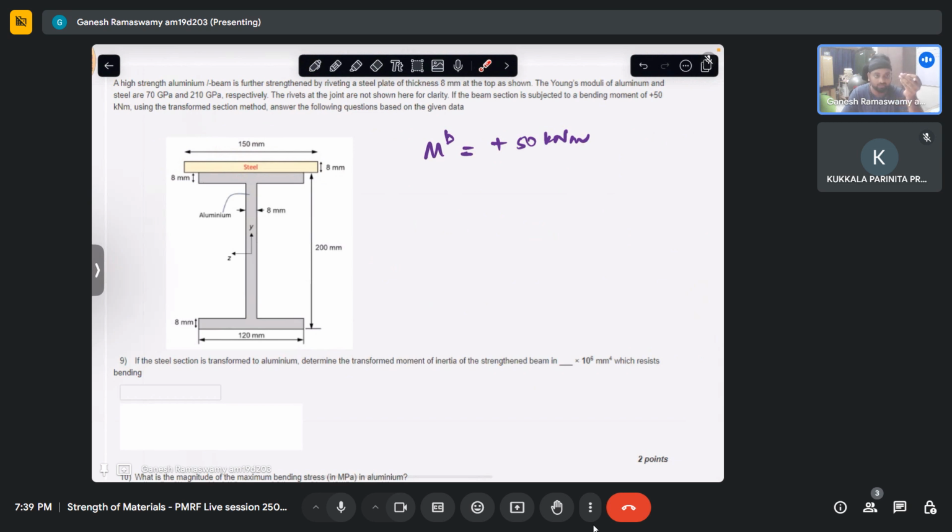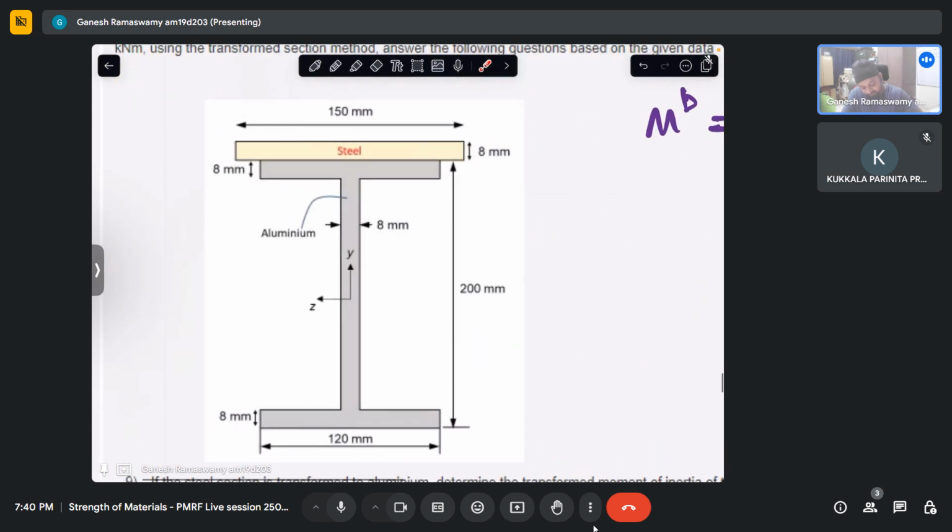It's a matter of interpretation. We scale this by ES by EA in order to convert everything into aluminum. If I have to convert everything into steel,